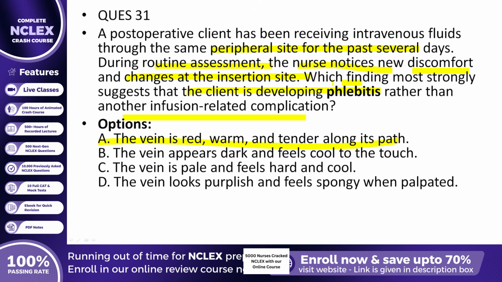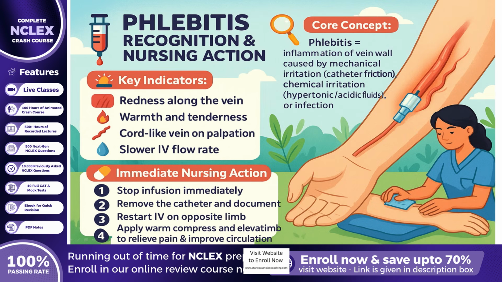When we explore the reasoning behind this, phlebitis is an inflammatory reaction of the vein wall that typically results from mechanical irritation such as catheter movement, chemical irritation from hypertonic or acidic solutions, or bacterial contamination. Early signs include tenderness and mild discomfort at the site, soon followed by redness, warmth, and a palpable cord-like vein. As the inflammation progresses, there may be mild edema and a slower flow rate. If not addressed promptly, this condition can advance to thrombophlebitis, where inflammation is accompanied by clot formation, greatly increasing the